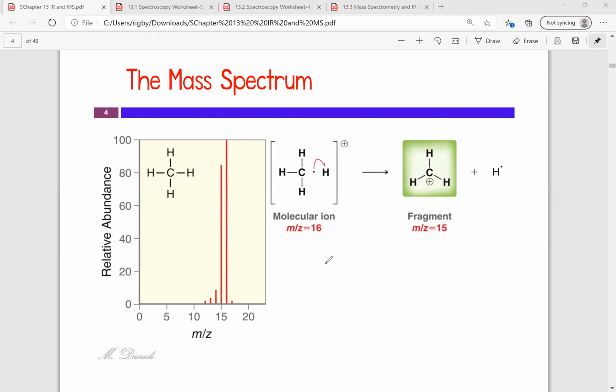And some of these fragments are more abundant than others. And that is what this y-axis is sort of describing here. It's telling us what is the most abundant fragment for this particular molecule. In this case, the most abundant fragment was the mass peak, okay? And we call this most abundant fragment, the tallest peak in relation to the y-axis, the base peak, which we'll